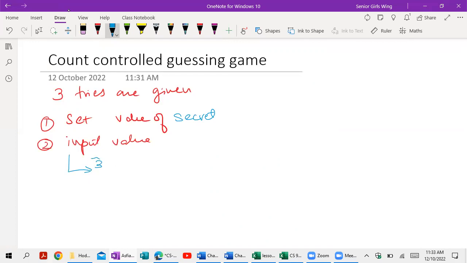Now in this case, if it is... Yes, that's good, let's do that. No, the counter, like three tries, at least one time it will run, right? Okay, we can have counter equal to 1. So if it is equal,